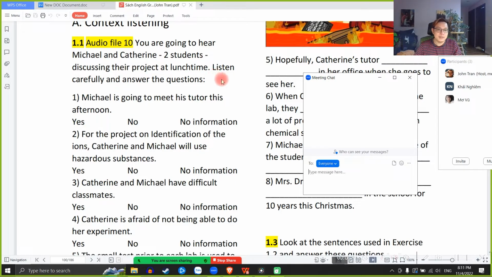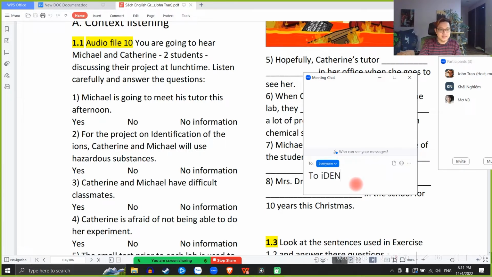Number 1, Michael is going to meet his tutor this afternoon. Michael sẽ gặp cái người thầy hướng dẫn của anh ta vào buổi trưa chiều hôm nay. Yes, no or no information. Number 2, for the project on